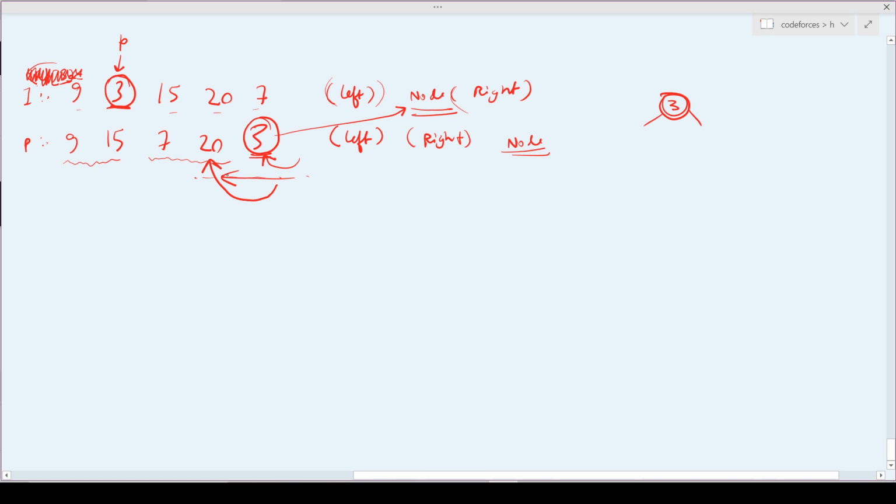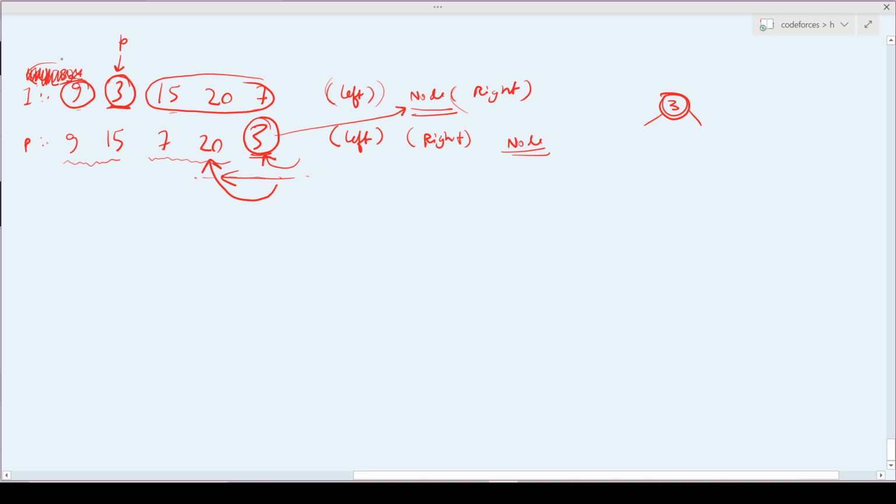When you land on this, first of all, you will have a function call to the right part and to the left part. But you should actually know where my right part is ending and where my left part is ending.